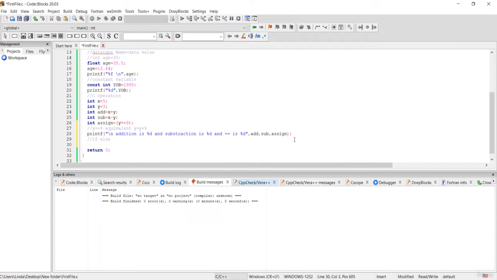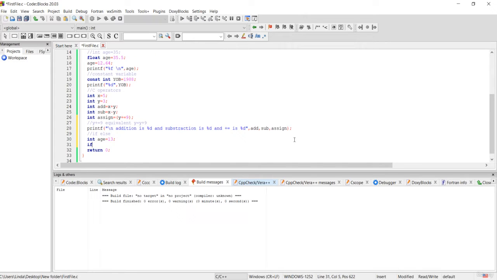Let us first create a variable. Say int age is equal to 13, and then we're going to say if age is equal to 60, we are going to print